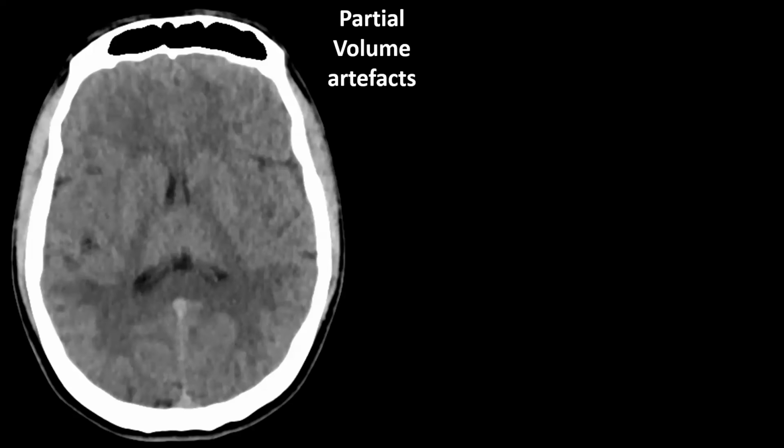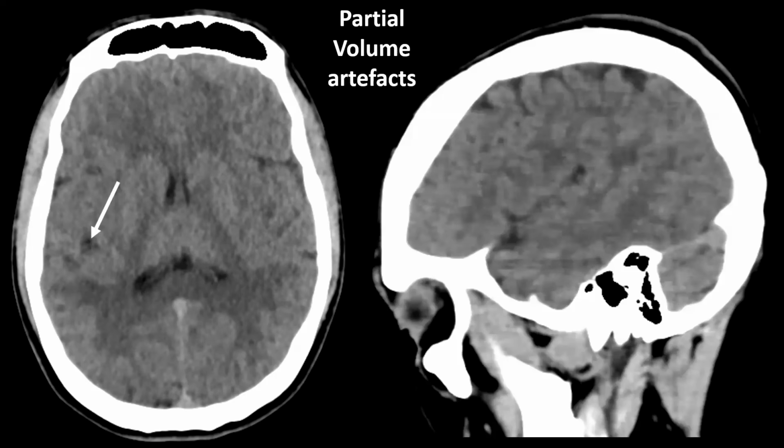A final artifact you should definitely know are partial volume artifacts. This is an example of a patient who had this slightly hypodense structure located in what looks like the transition area of the right parietal and temporal lobes. But luckily, CT images are now automatically generated in multiple directions, or we get multiplanar reconstructions in the axial, coronal, and sagittal plane, and we can correlate this hypodensity with another plane, and we see that this was actually the